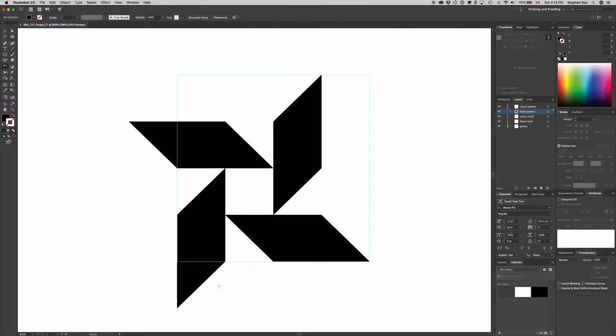So for this bottom parallelogram, if I use the direct selection tool and then option click on the object, now I can take that bottom anchor point and then option click and then drag up